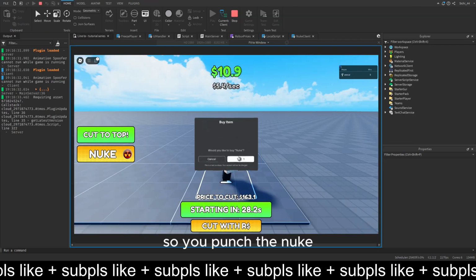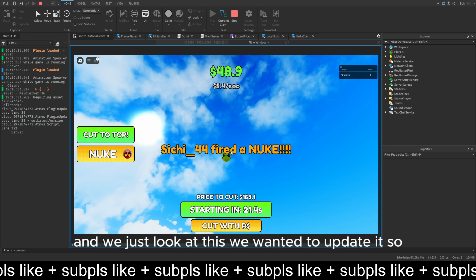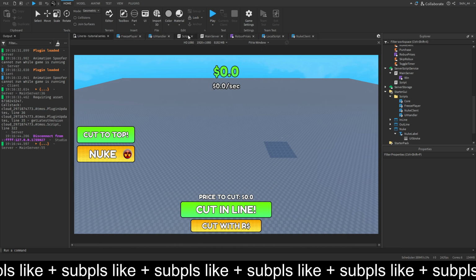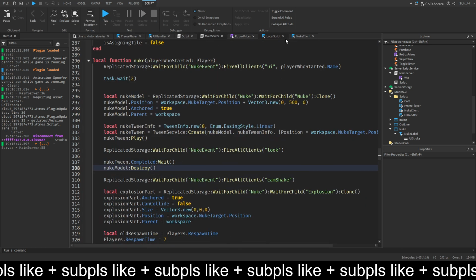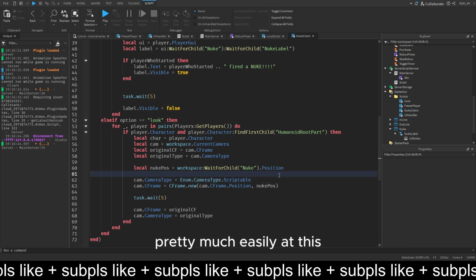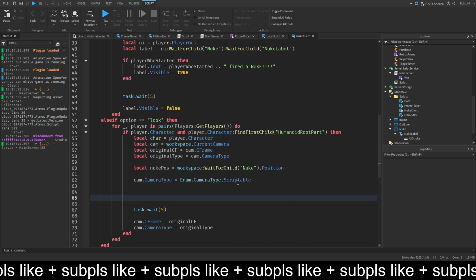So you purchase the nuke. And we just look at this. We wanted to update it, so let's see. Okay, well, we actually want the camera to move to the nuke. So we can pretty much easily add this. So we got the camera type right here, cut this out, and then we can do